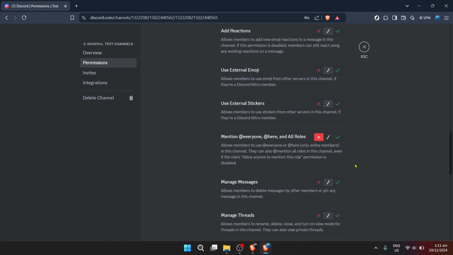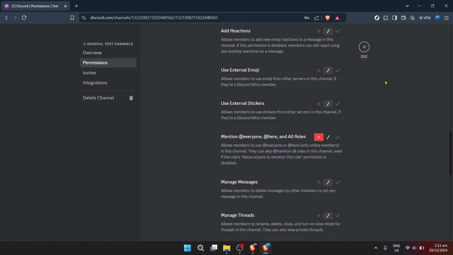After you've toggled this setting off, take a moment to double check that your changes have been saved. Discord usually saves changes automatically, but a quick look won't hurt. With that done, you can exit the settings menu and return to the main dashboard of Discord. Disabling the @everyone mention may seem like a small change, but it can significantly affect your server's notification etiquette, making it more pleasant for everyone involved. This way, notifications become more meaningful, and users are less likely to be bombarded with messages at all hours.